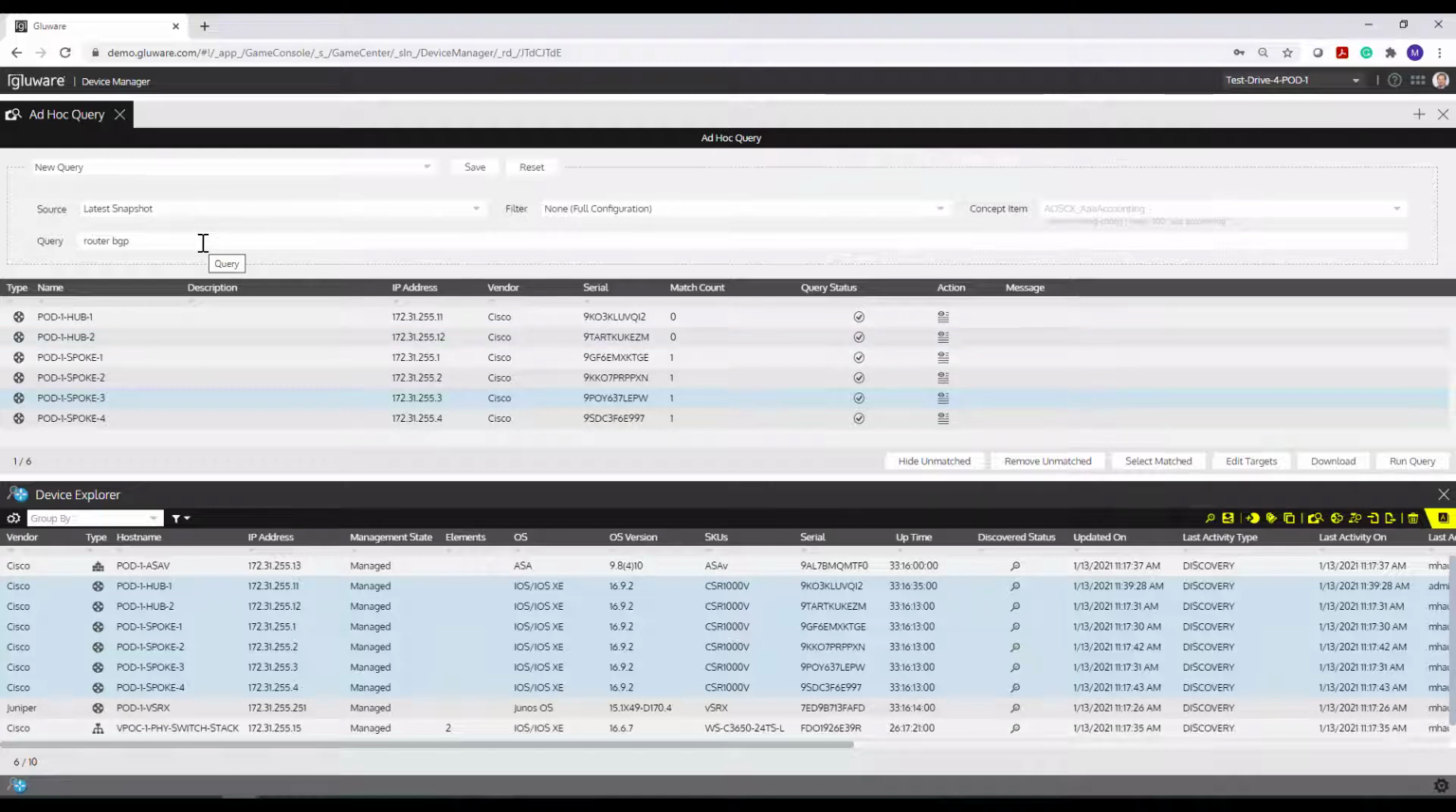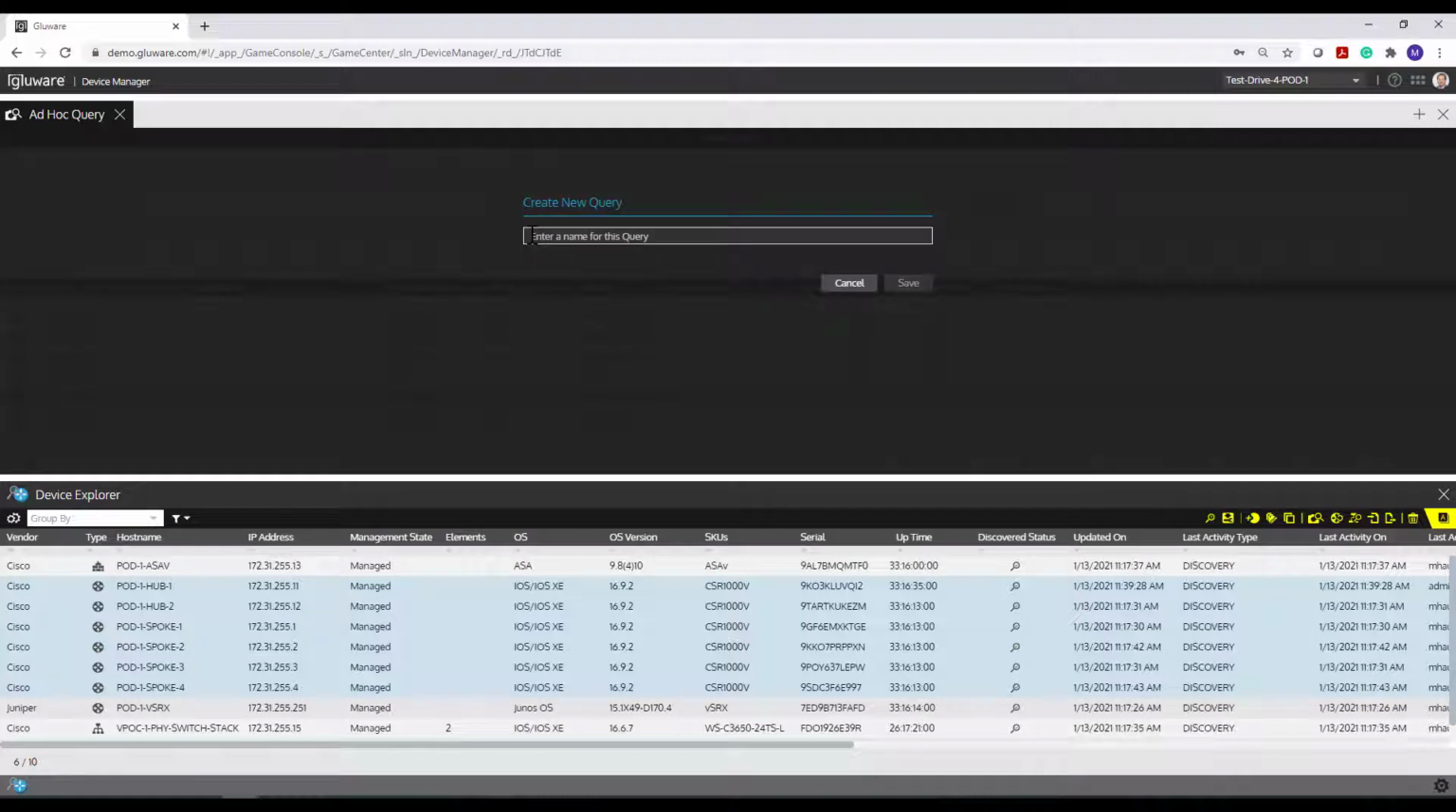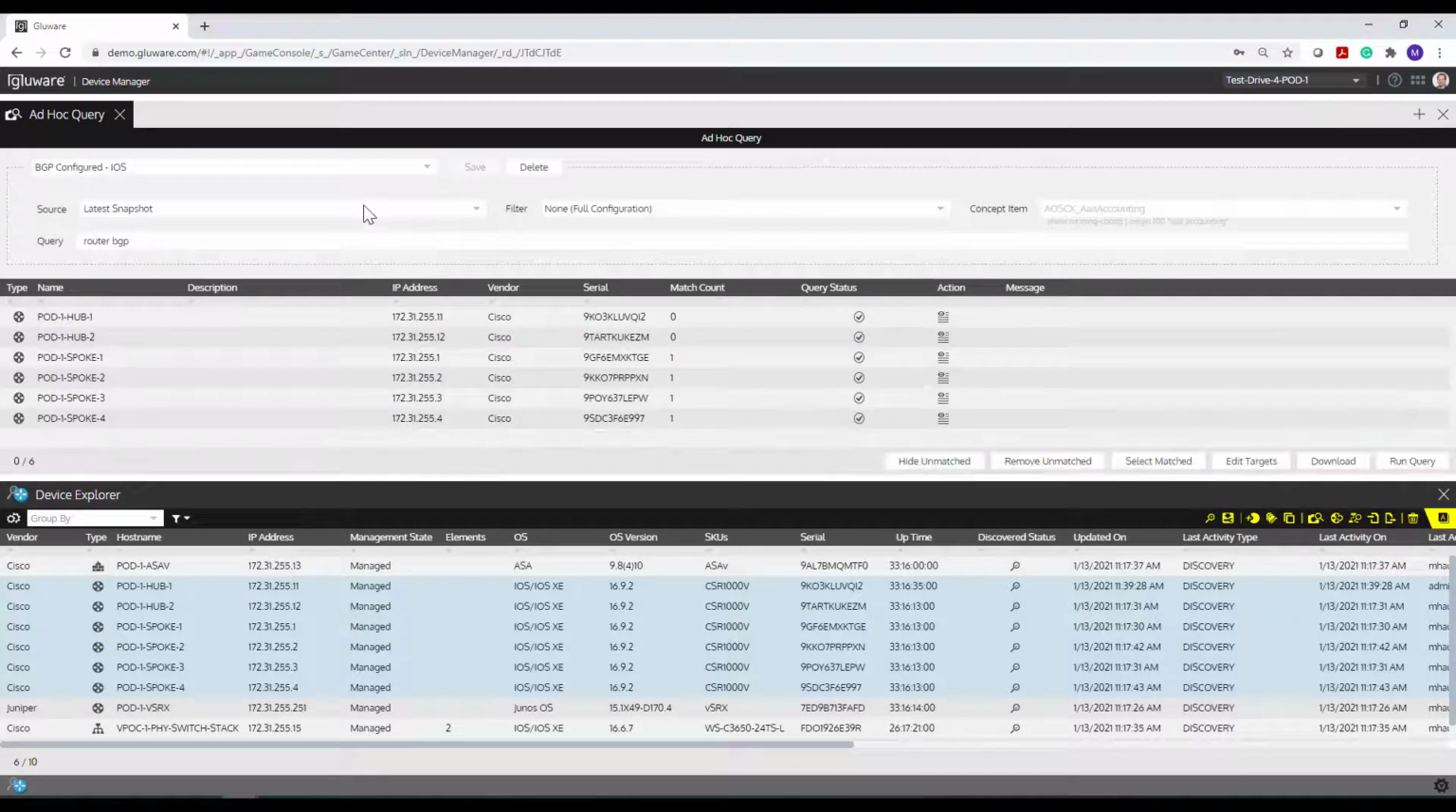Okay, so let's take it a step further. I know I have BGP configured, but now I want to know the operational state. So before we move off this, I can save the query I just did and call it BGP configured iOS or something like that, and hit save. So I can rerun the queries without having to retype the information. It's quite useful, especially as you maybe don't want to always look up the syntax for the command if you